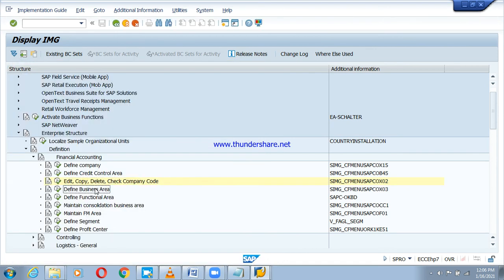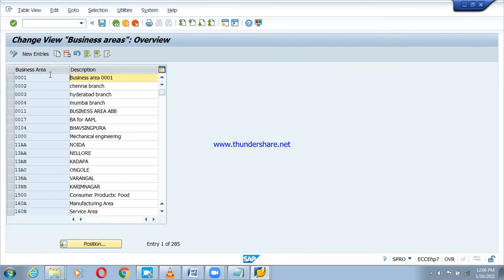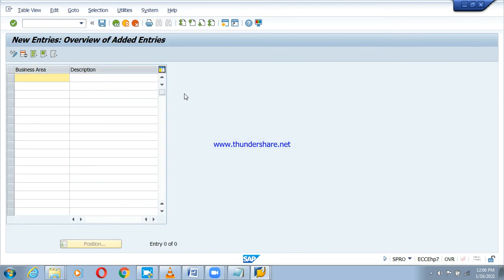Now I will come to define business area. Click on define business area here. T code is OX03, and here I am creating branches of my soft drinks. Okay, branches or business area. Click on define business area. Click on new entry here, and business area I can give any 4 characters like PSD1,